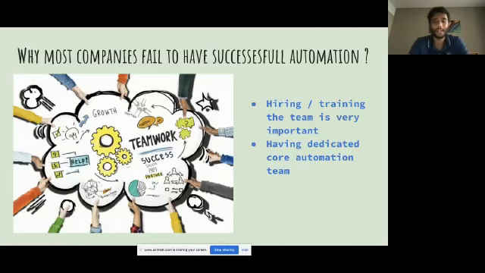I think this can be achieved by having a core automation team. I'm always in favor of having a core automation team rather than having just the AQAs.